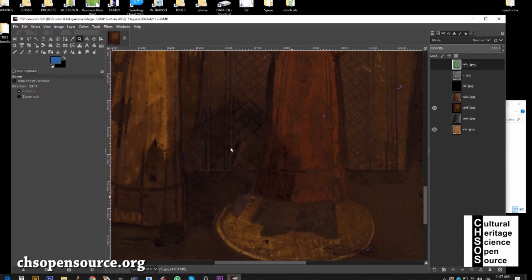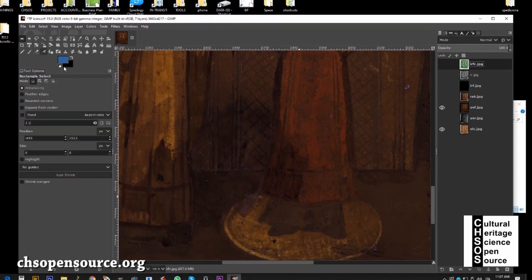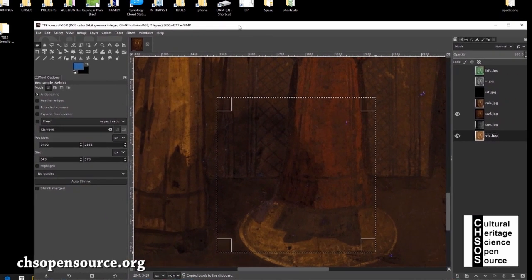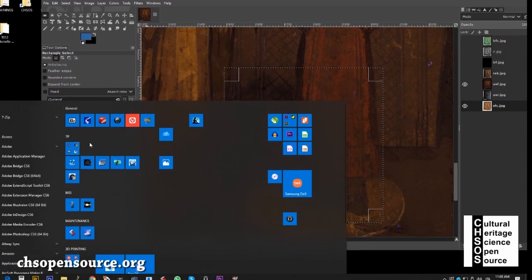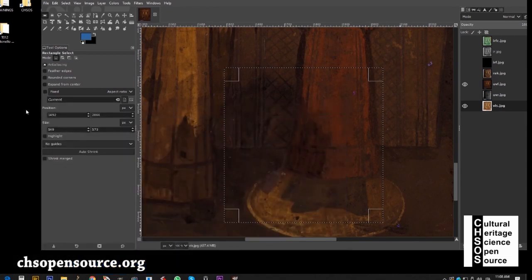So the idea is, for example, here we want to document this issue. What we do is we can use the selection tool, this one, rectangular. This is the area of interest, and we want to compare, for example, the visible and the infrared false color. So we select this, and we do Control C. So we copy just this area, and we can paste in whatever software we want. For example, let's make here on the desktop